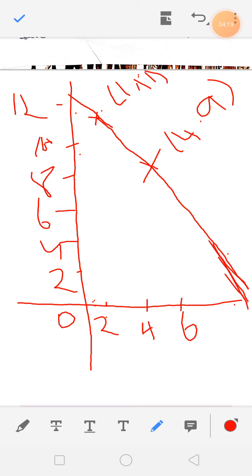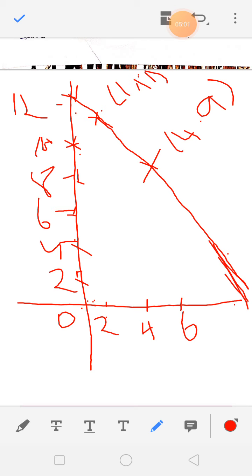So if you get only this equation now, you directly find out in the question. You just find out this is the line. Okay, so take any point before the line, and after the line take any point. Before the line means you can take, yeah, this 10 value. What is the 10 value here? On the y axis the 10 value is, so x coordinate is 0, y coordinate is only 10. So 0 comma 10, 0 comma 8, 0 comma 6, 0 comma 4, 0 comma 2, 0 comma 0. So there are so many points you can take. Okay, you can take it and substitute and you will get the answer.